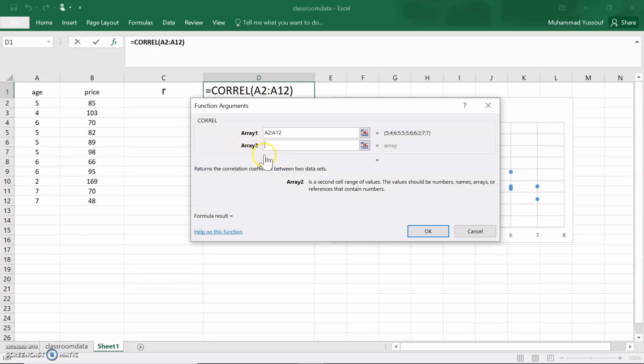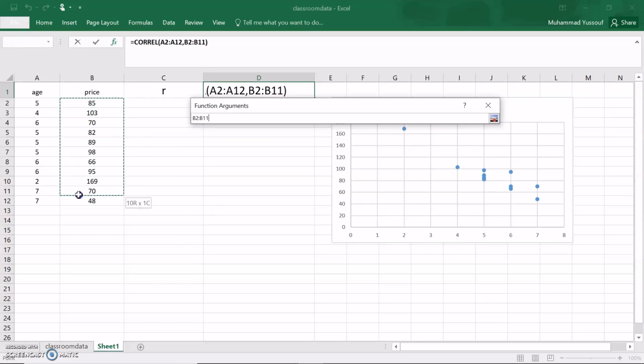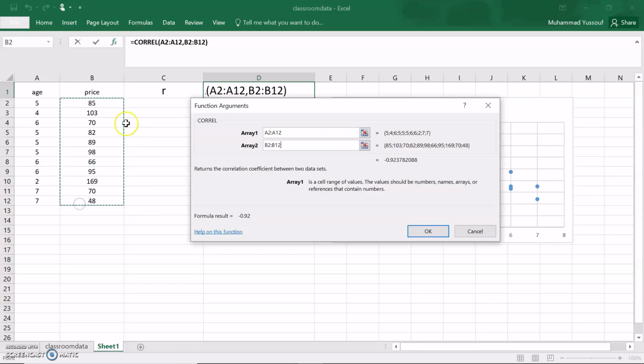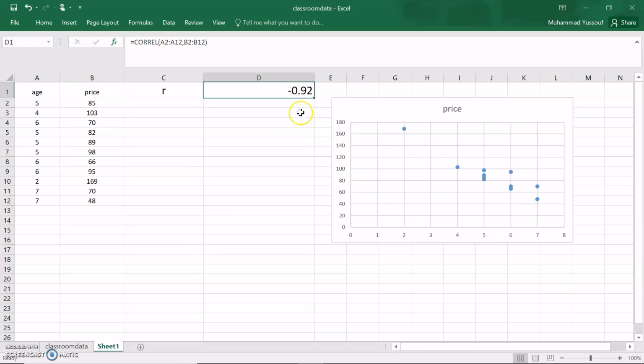Where is your second set of values? You tell Excel, this is my second set of values. Again, I'm doing the same thing and I'm leaving my cursor. This range of cells has copies from B2 to B12, right? Now you press OK, and this value of R will come minus